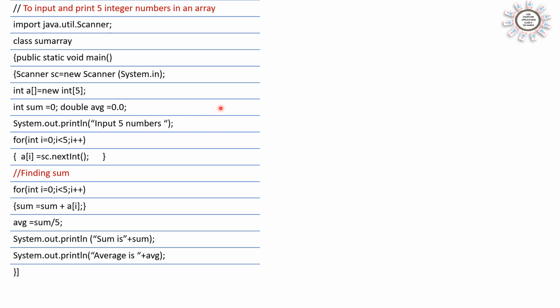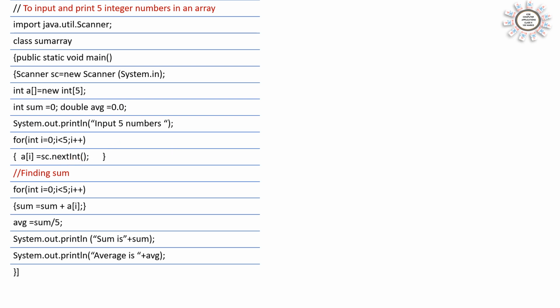After declaring the variables and array, now we can accept the numbers one by one. So System.out.println, input 5 numbers, the input message. And array index will start from 0. We will accept the elements in the array from position 0, and that is why we are starting there. For accepting the elements in an array one by one, we have to use the for loop. The for loop will go for int i is equal to 0, where 0 is the first index, i less than 5. That means 0, 1, 2, 3, 4, which is 5 elements. i less than 5, i plus plus.